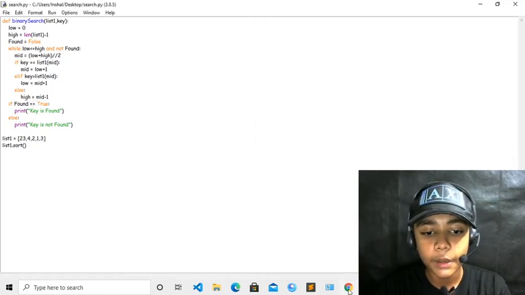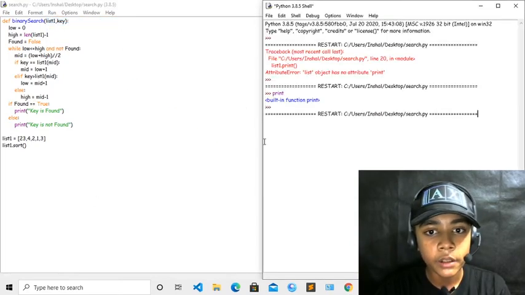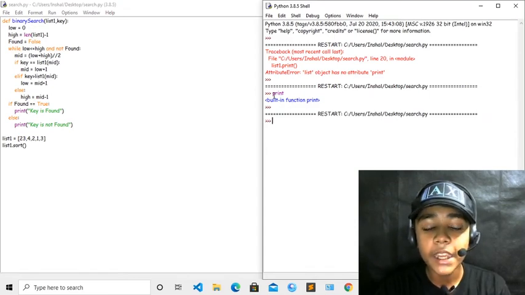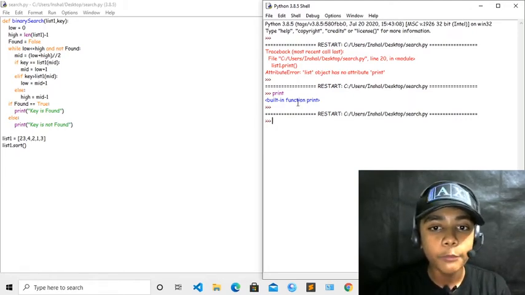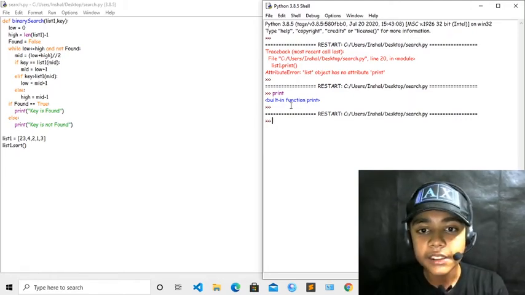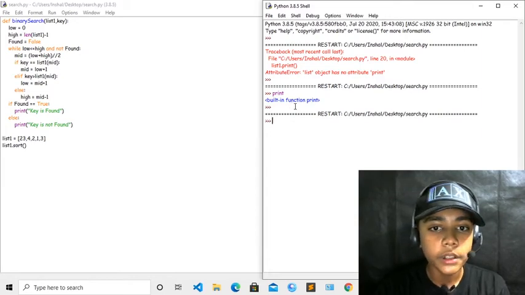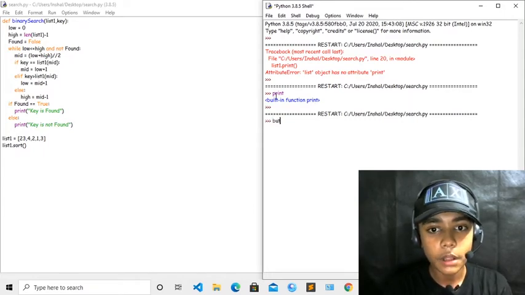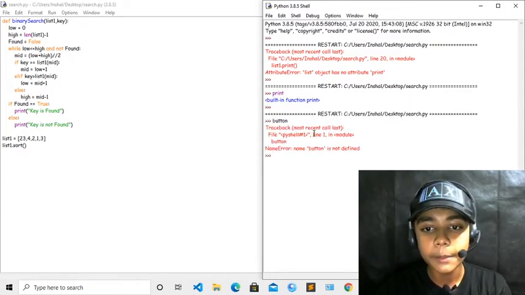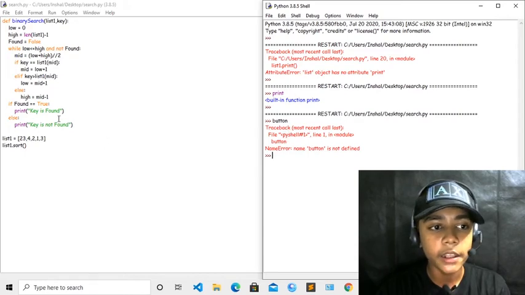If I write print, there is built-in function print coming. So the binary search algorithm will tell you what a function is about. It is a built-in function, print. Now if you write button over here, there is an error because it is not any tag in our Python.